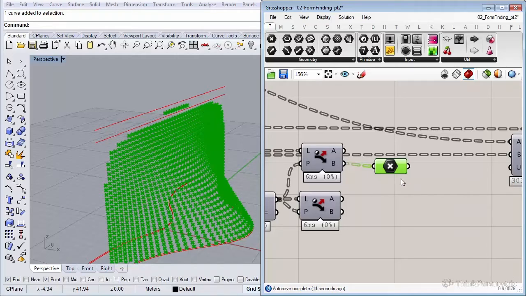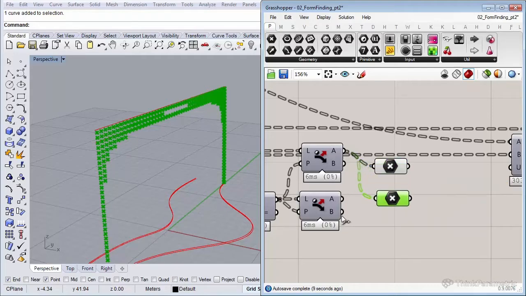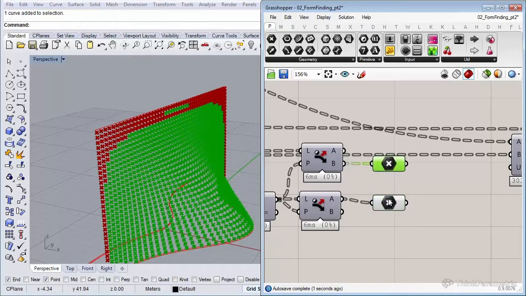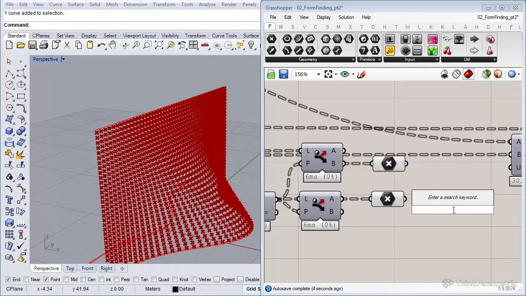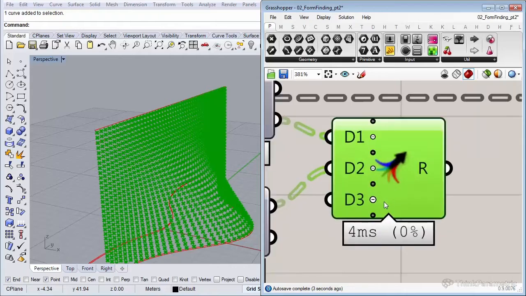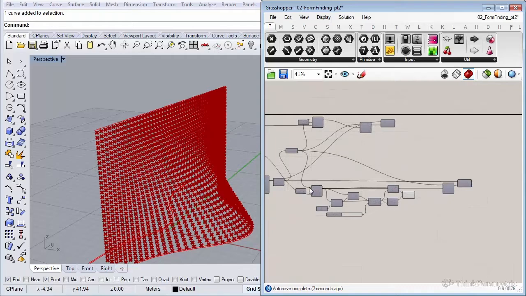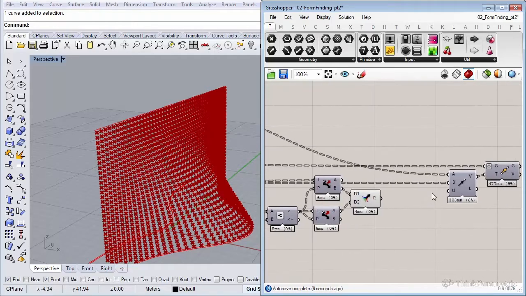So we're actually going to use those ones. And those ones, we want to replace them with the projected point because those are within the margin of 1 centimeter. So it's more or less like this. So let's merge these two lists together again to create one list. And let's reconnect it to our move component or effector component.